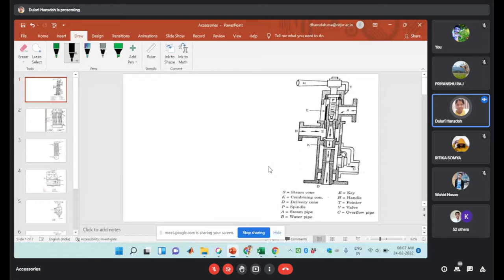So feed pump means that will be utilized to supply the feed water to the boiler. There are two different types of feed pump. One is the rotary type, another one is the reciprocating type. Reciprocating feed pumps are used in medium-sized boilers. Rotary or centrifugal feed pumps are used with a small steam turbine that can be driven by the steam